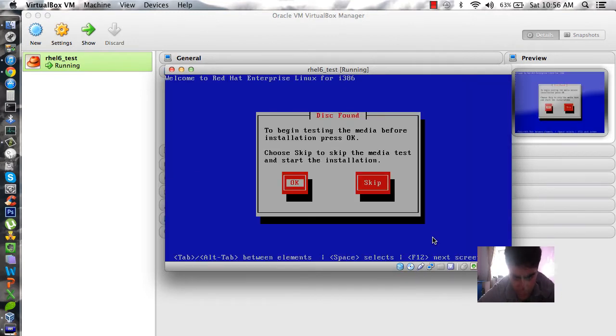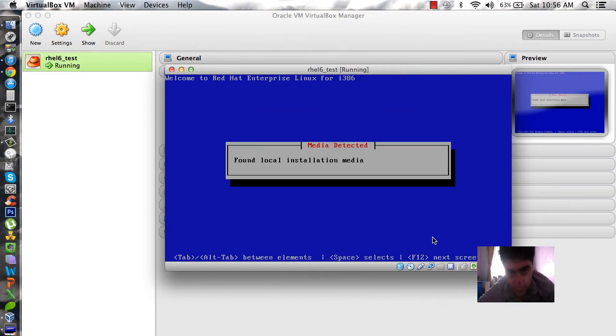After that, a message will appear telling us to check our media. Note that this process takes a longer time, and I also know that my media is not corrupt, so I'll skip this for now.